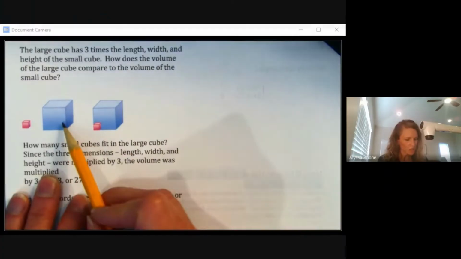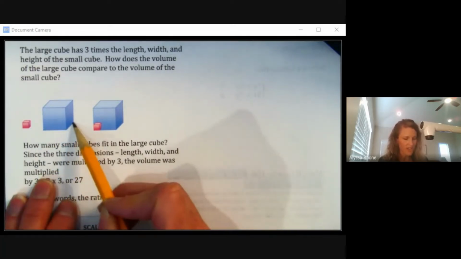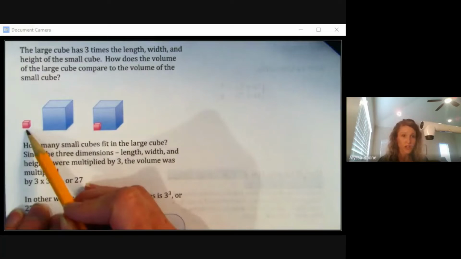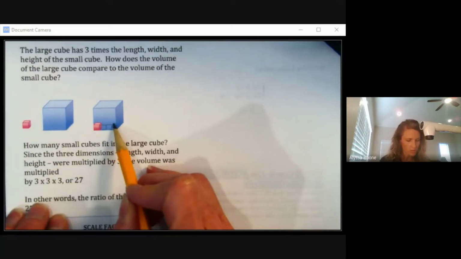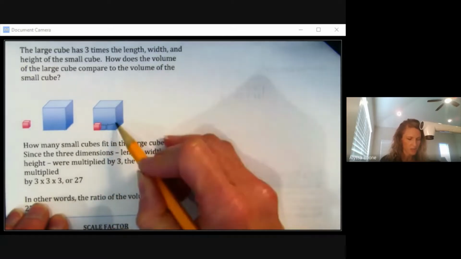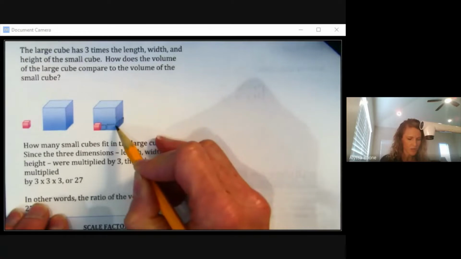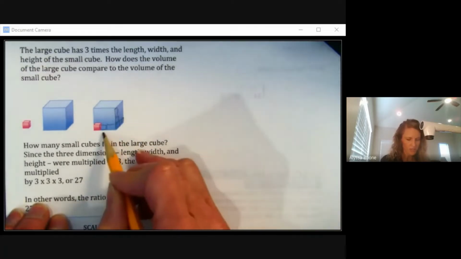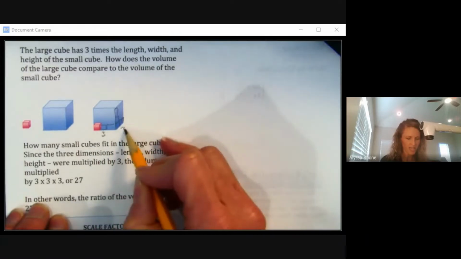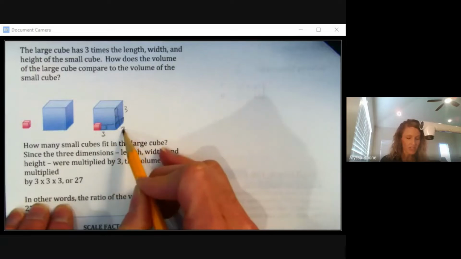So this large cube right here is 3 times wider and longer and taller than the small red cube. So that means I could fit 1, 2, 3 across there, 1, 2, and 3 across there, and 1, 2, and 3 across there. So really I have 3 across, 3 wide, and 3 high. So meaning I should be able to fit 3 times 3 times 3